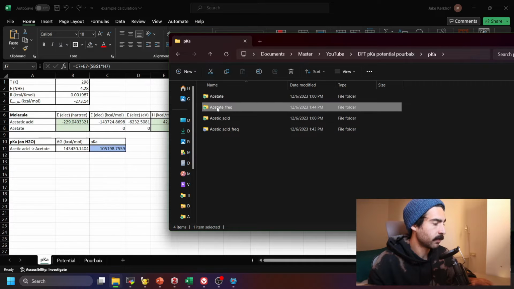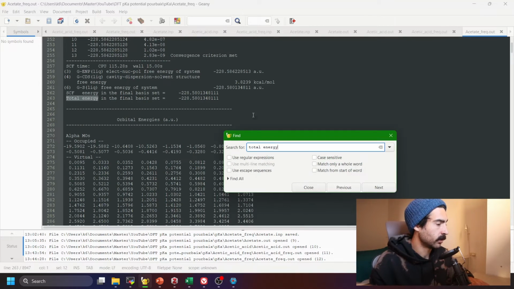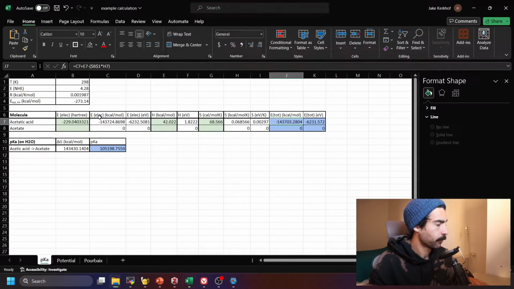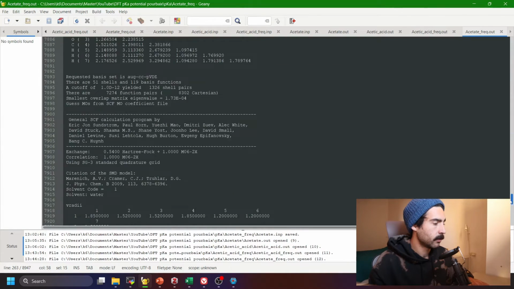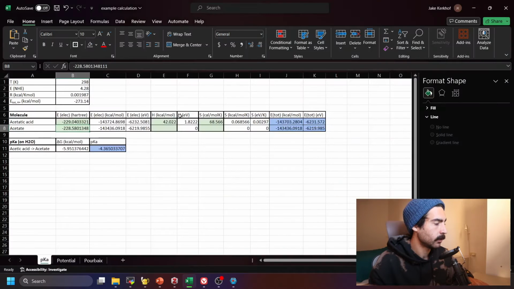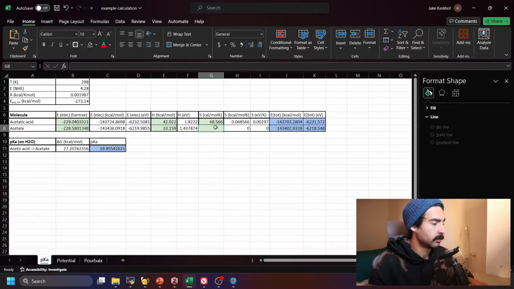So we'll want to look at the frequency file. Again, search for total energy, which turned out to be negative 228.58 Hartree. And the entropy and enthalpy. The enthalpy was 33.159 kcals per mole, and the entropy was 63.8 calories per mole Kelvin. So we have total energy for both our acetic acid and acetate,